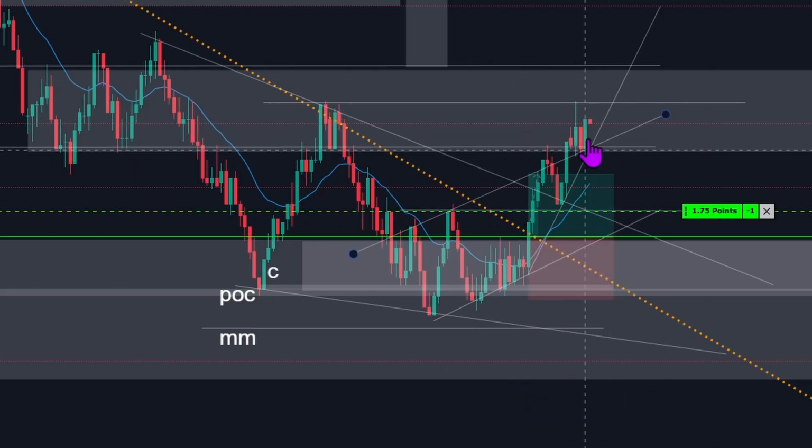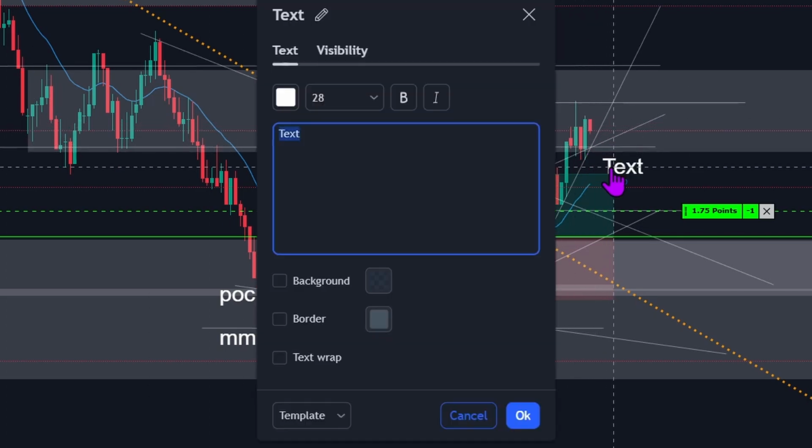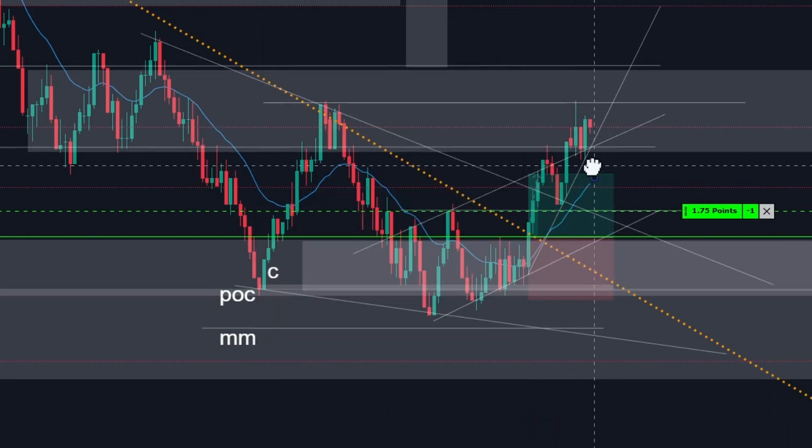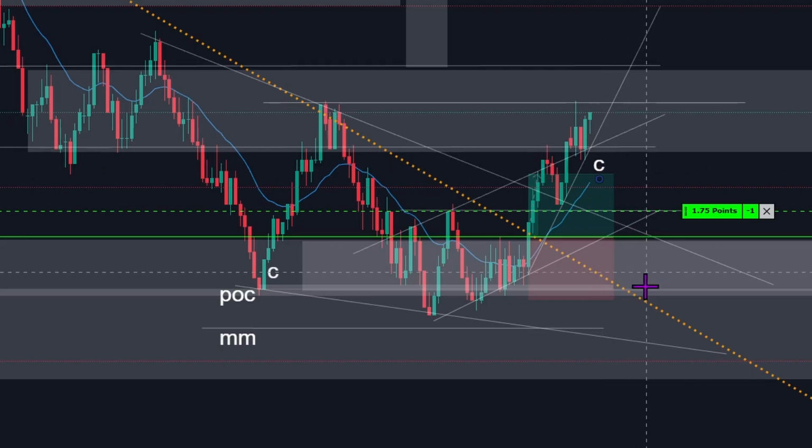Actually, now we are, as you see, this is very interesting to see because we are now at this crossing point, confluence level point, and there is a green candle there showing strength in the upward direction. So I think this is gonna go to the top of the range at least,